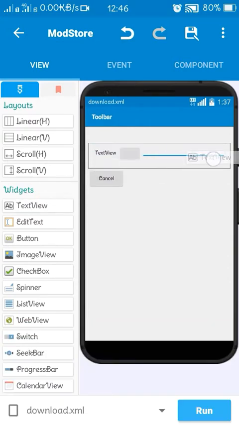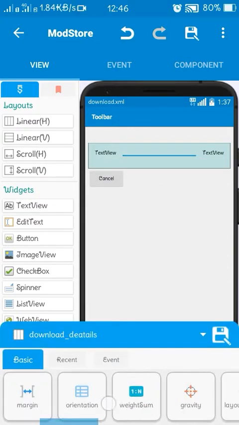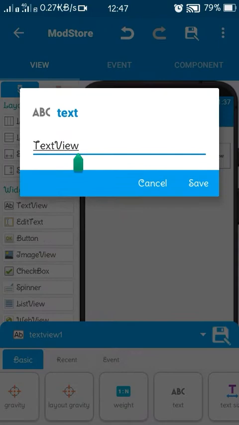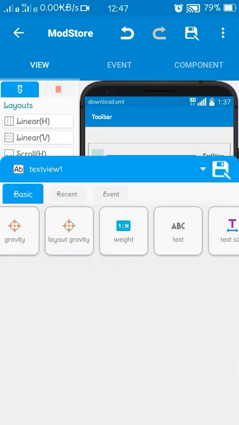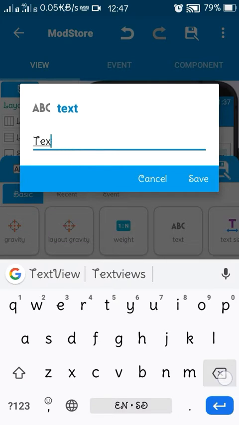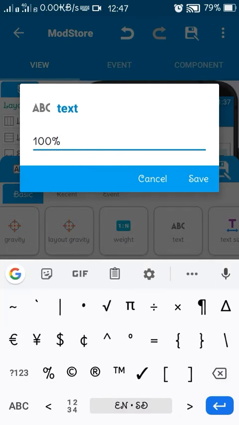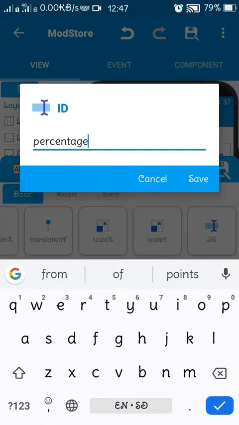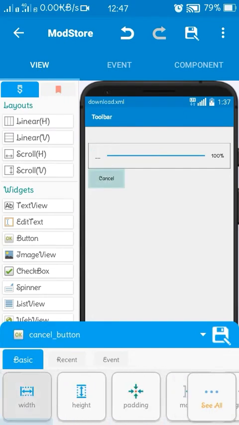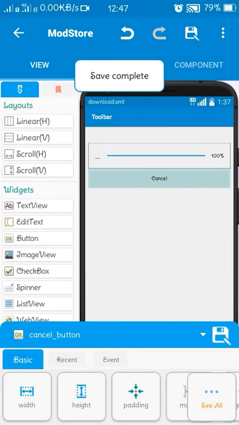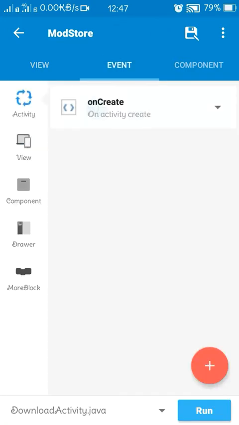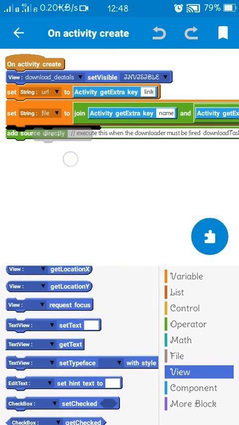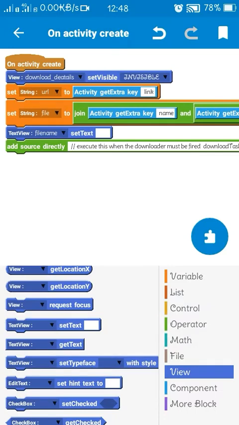Now let us rearrange the UI to show the percentage of how much file is downloaded. We will also show the file name from intent extra.